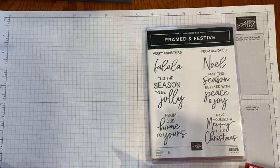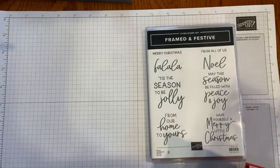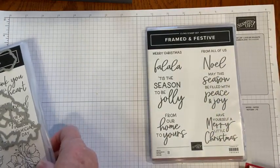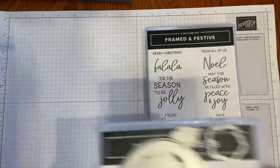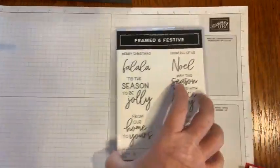Yes, who isn't obsessed with Designer Series paper? But use it, use it, use it. And this card that I'm going to show you today will definitely help you use your Designer Series paper. A gorgeous way to use it. So let me pack up all the little stuff I have strewn about here and show you what I have